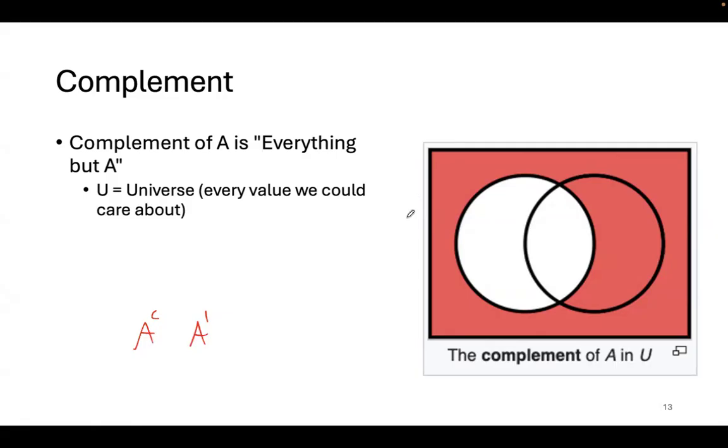In order to talk about complement, we also have to talk about the universe. If the definition of the complement of a set A is everything but the set of things in A, we have to talk about what everything but means. Typically we'll have a universe of all of the things that we care about in this context. So for example, problem 3 on the packet